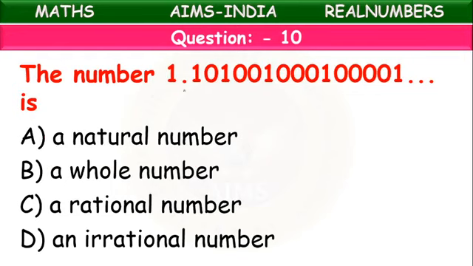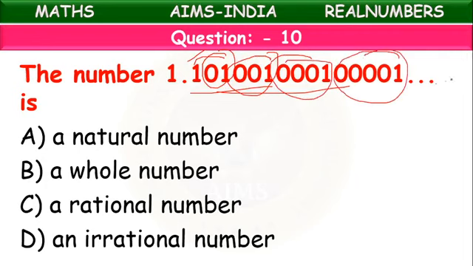Next, this decimal number, first 1 is there, next 01, 001, 0001, 00001 and so on. Here 2 digits, here 3, here 4, here 5. They are not repeating because the number of zeros is increasing if you take parts like this. So it is neither terminating nor repeating. Neither terminating nor repeating means it's an example of an irrational number.